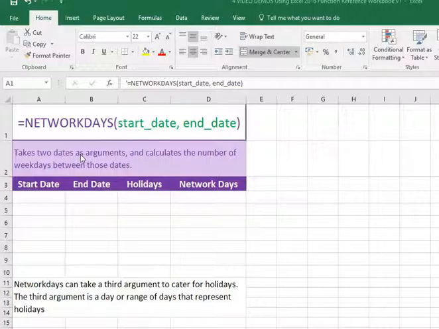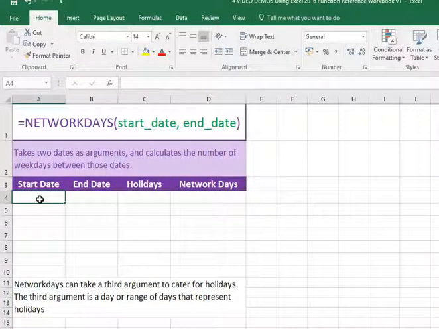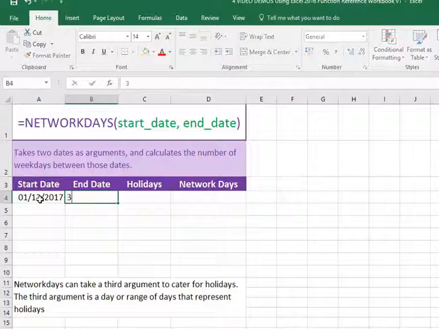We've already seen that we can use DAYS to calculate how many days there are between two dates. In the workplace, we probably want to consider removing the weekends, and that's exactly what NETWORKDAYS does. It looks at the working days. So let's look at December 2017. We'll go from the 1st of December through to the end of December, and